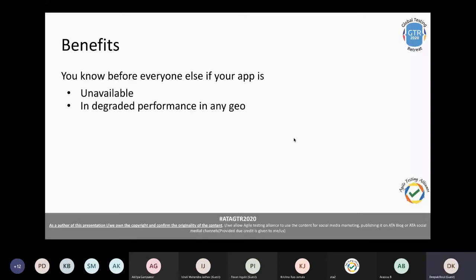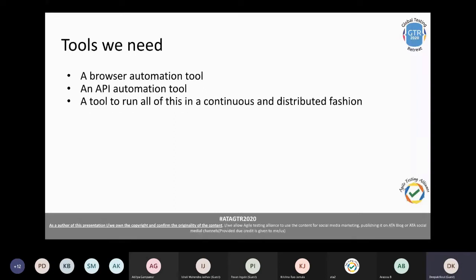All right. So as I said, for synthetic monitoring, all we need is a browser automation tool and an API automation tool. We also need a tool which can run those checks continuously and preferably in a distributed fashion.